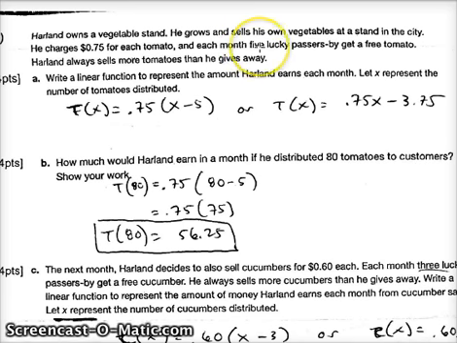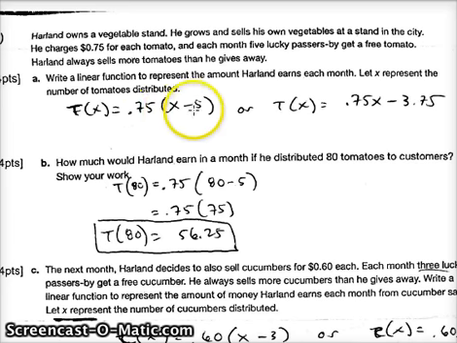He's giving away 5 tomatoes, and it tells you to write a linear function to represent the amount Harlan earns each month, so the total amount he gets. Let x represent the number of tomatoes distributed. The reason we subtract 5 is that it represents the 5 he gives away. So if you had T of x equals